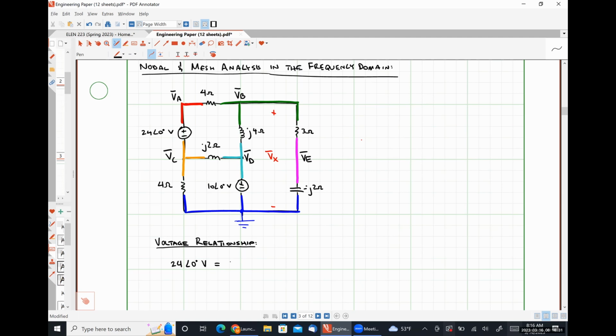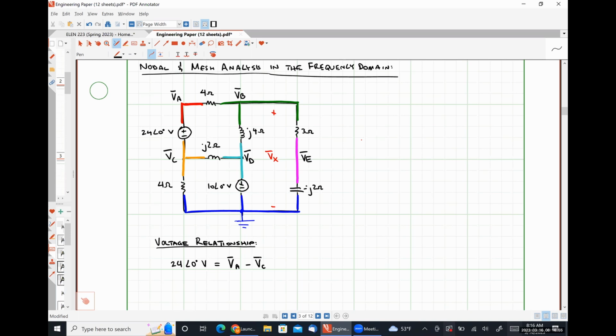Absolutely right. So the one at the positive polarity terminal gets a positive sign, and the one at the negative polarity terminal gets a negative sign. So what's my nodal voltage at my negative polarity terminal of this 24 volt source? VC. So I can say that 24 angle 0 degrees is simply VA